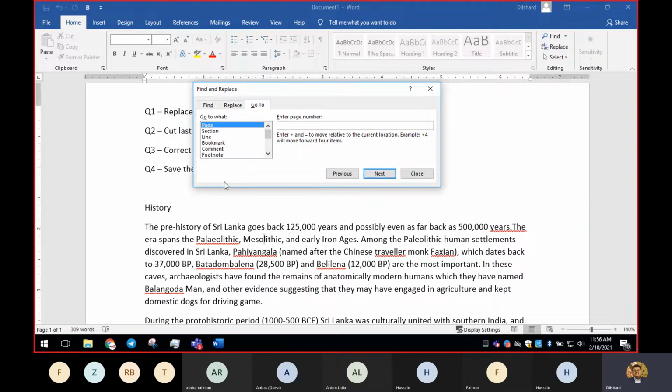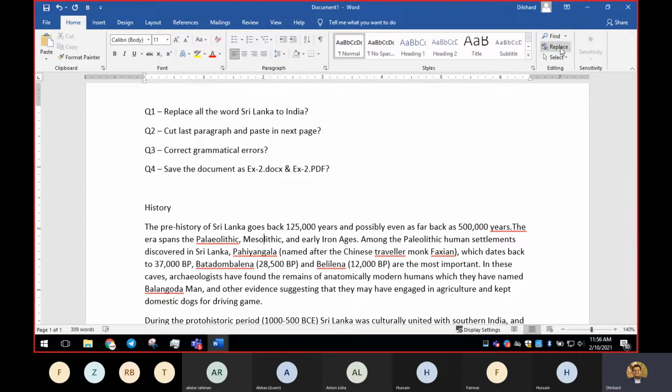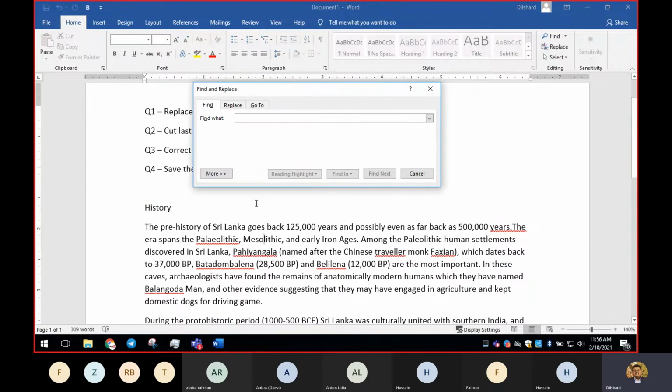Since we don't have any pages in the document, this cannot be tested. We don't have any sections, and lines can be selected, but you can give it a try. So just a matter of selecting Find, or else you can go to Replace and navigate the tab.